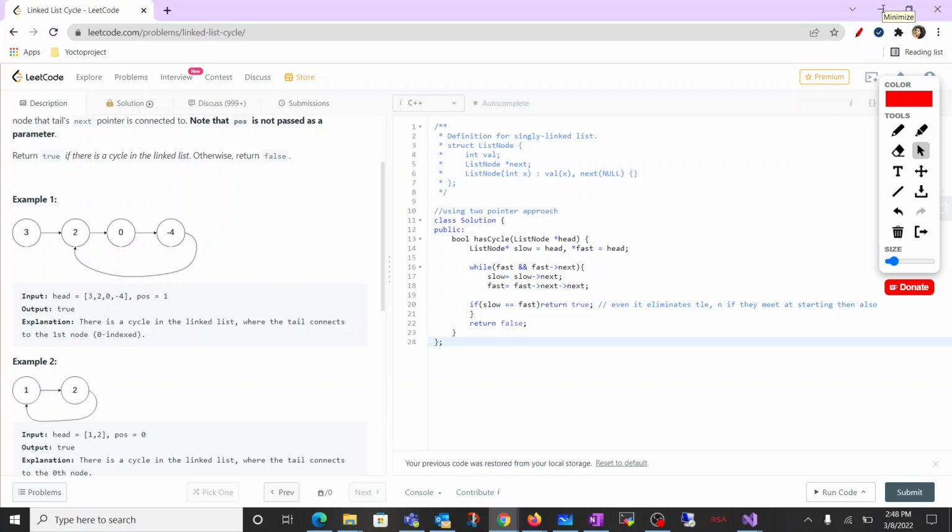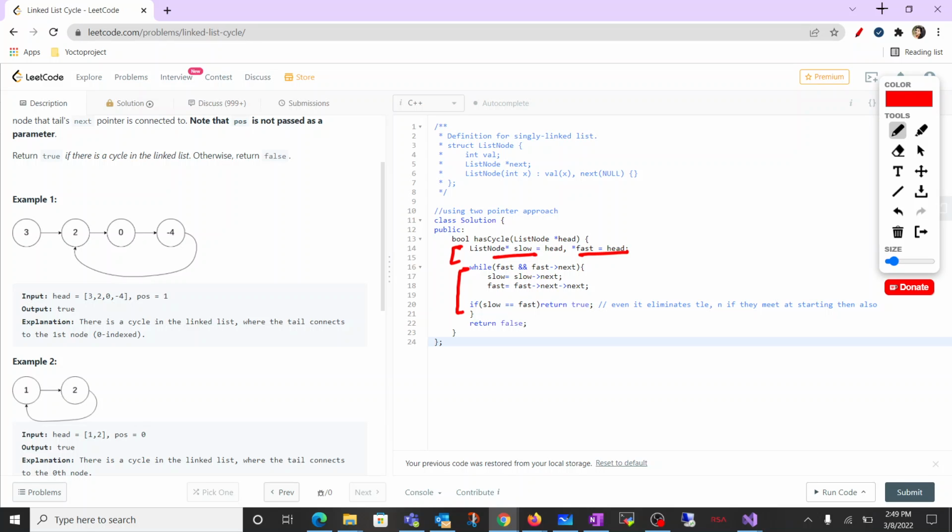So now comes the part of how we will be coding this particular solution. So here I've taken 2 pointers, one is the slow pointer and the other one is the fast pointer, which will be skipping out 2 nodes, and the slow pointer will be skipping just 1 node, and we would be having a loop which will be simply while fast and fast next. This is just for checking the condition that we are not pointing towards the null, right, or end of the list,